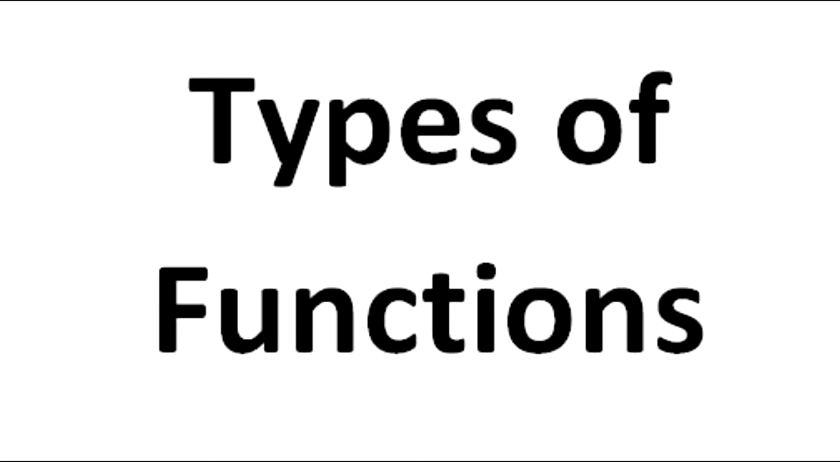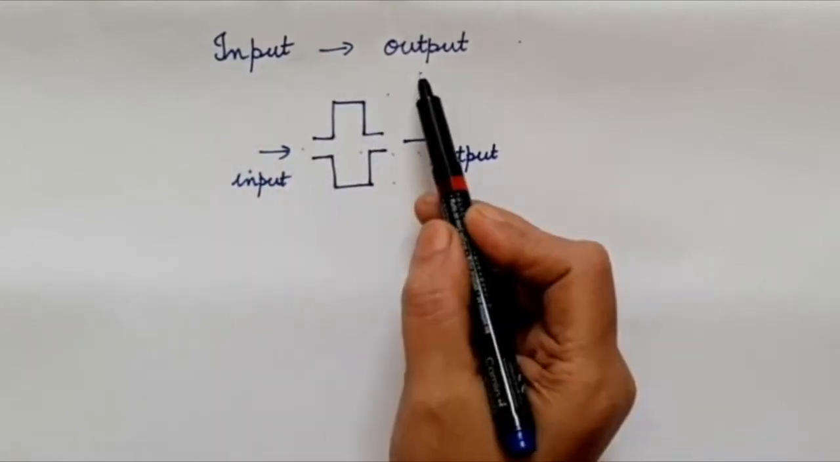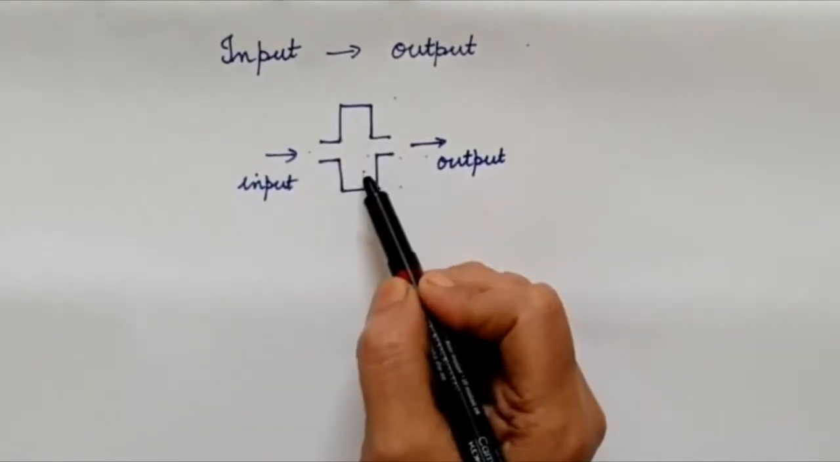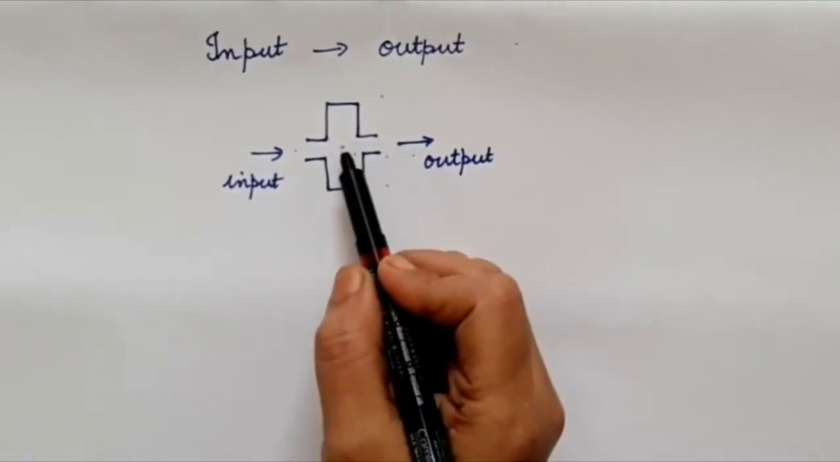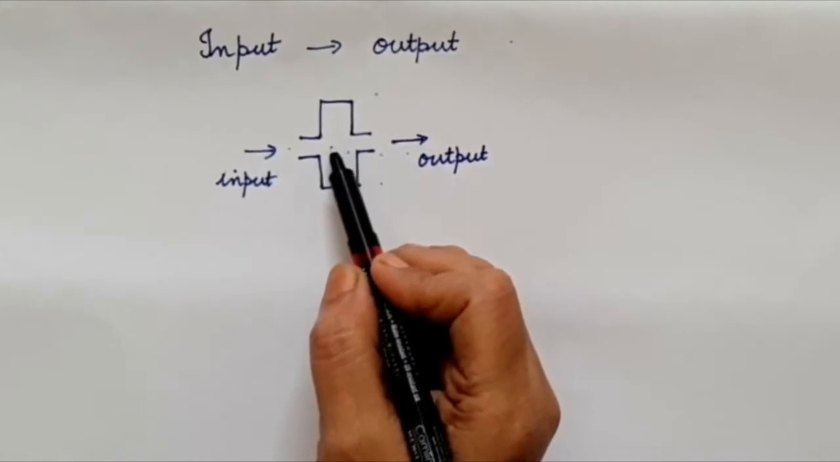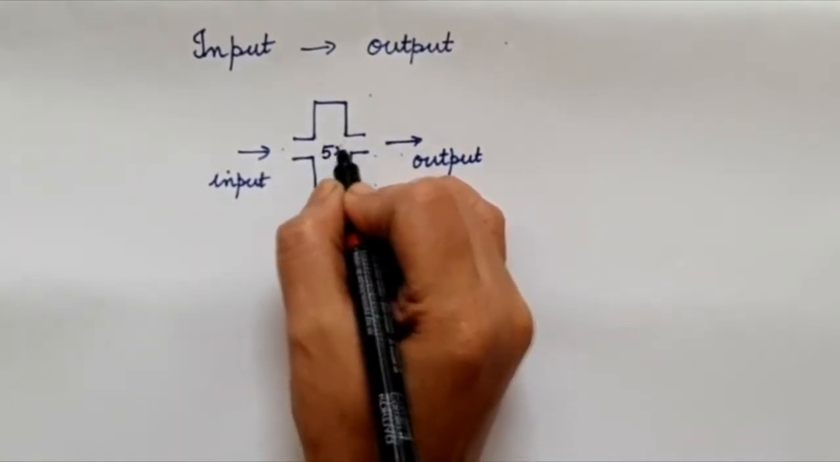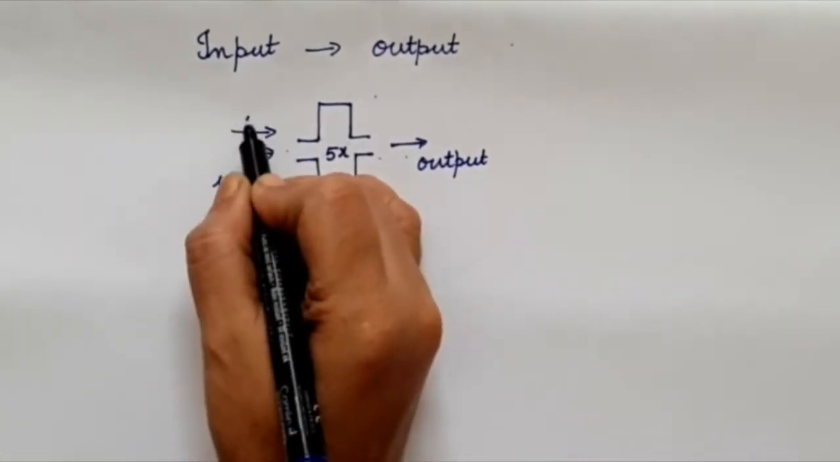Functions and types of functions. A function is a relationship between an input and an output. We send an input and some operation takes place inside and gives an output based on the operation which has occurred inside. Suppose you have an operation which is 5x, and if we give an input of 5,